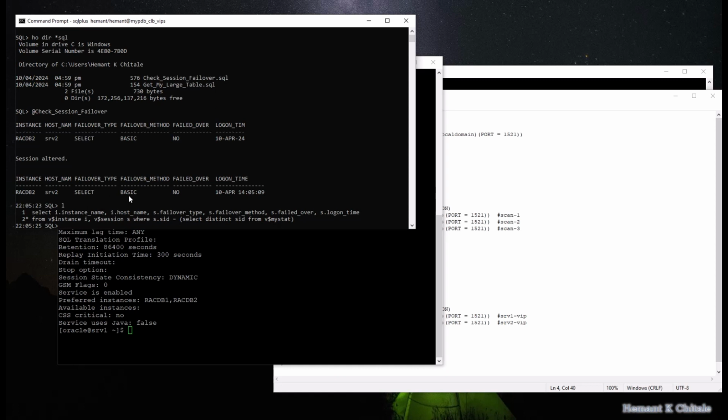Now remember, basically failover supports only select queries, not DML in flight. Okay, so DML in flight may require application continuity. Transparent application failover is only for select queries. Application continuity will support DML if you have properly configured it. Now you can see in this case,